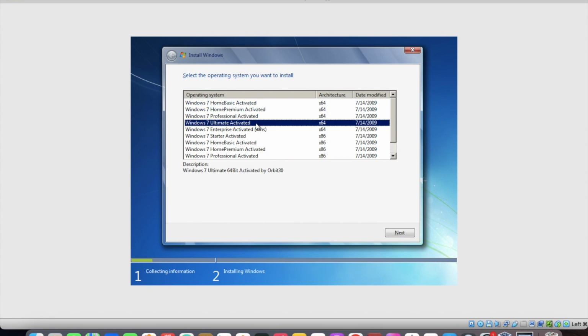I've chosen the Ultimate Edition 64-bit architecture edition of the Windows 7 operating system. I selected that in the startup of the virtual machine. When I powered on the virtual machine, it prompts which edition to choose to install the operating system from. I have chosen the Ultimate Edition, the 64-bit version. From the startup screen, I need to select this edition and the architecture from the select the operating system you want to install menu. Once done, click on next,